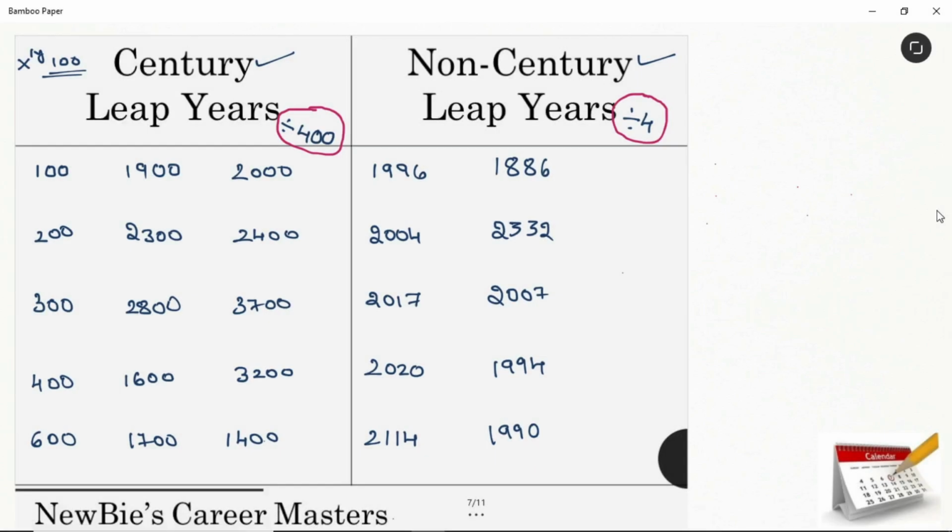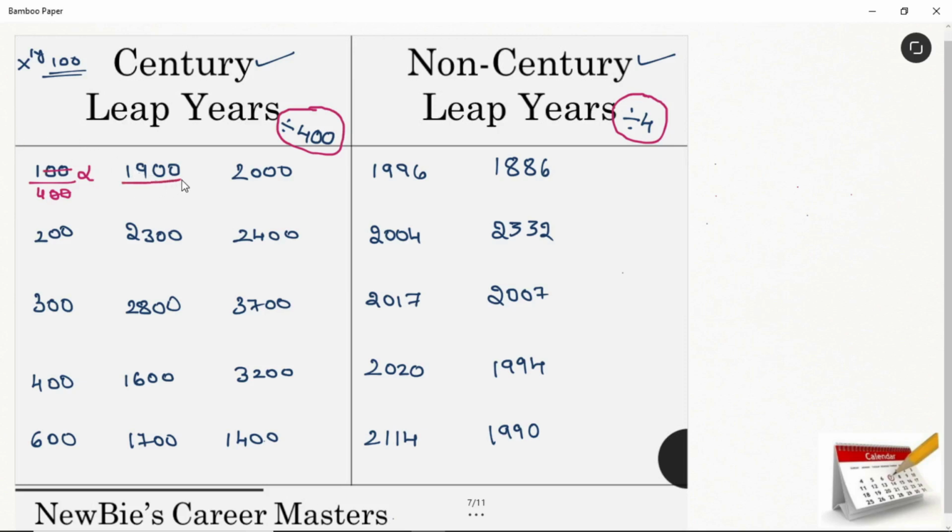Okay, we'll start the process now. First, I'll take up the century years. Always remember this: all century years are divisible by 4. The value ends with double zero, no? Compulsorily it is divisible by 4. That's why you should not check by dividing by 4; you should check by dividing by 400. I'll take the number 100 divided by 400. I'll cancel the double zeros. 1 is not divisible by 4. That's why 100 is not a leap year. 100 is an ordinary year. I mean the 100th year.